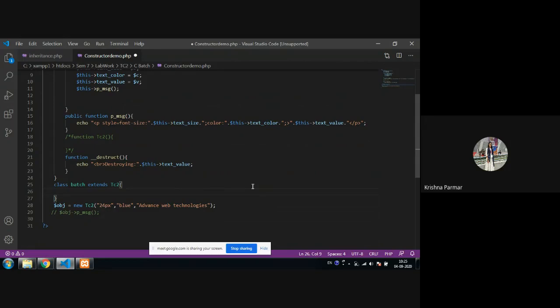So I can add one property, that is decoration, regarding the text-decoration property of CSS. So public decoration, and after that I am creating the constructor. Okay, just a second.